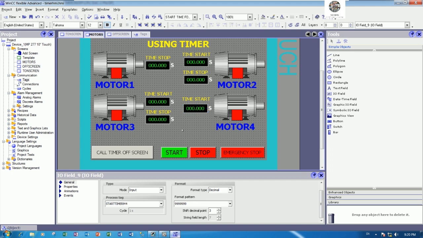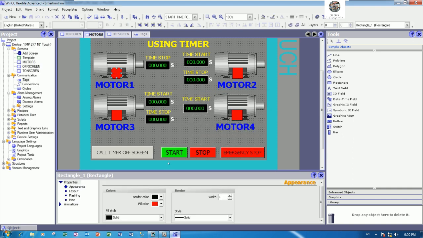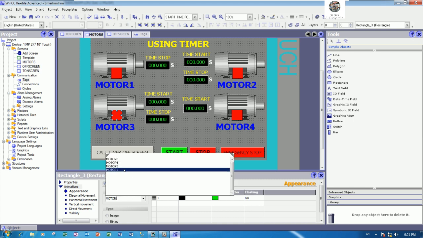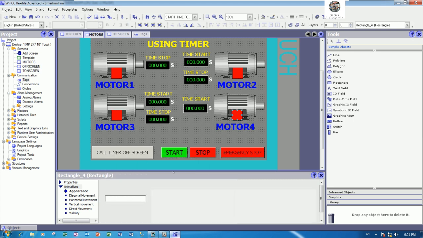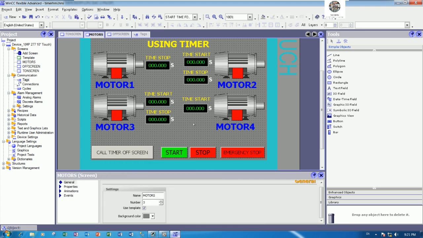Okay. That's all. Then we can configure the motor status. This one motor status number 1, right? So go to animation and then choose motor 1. It is correct because I just copy from the previous screen. So for motor number 2, we can change this one to motor number 2 status. This one change to motor number 3. And this one we can change to motor number 4. And then we need to